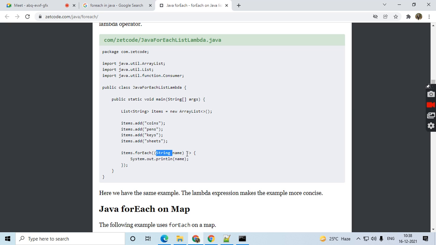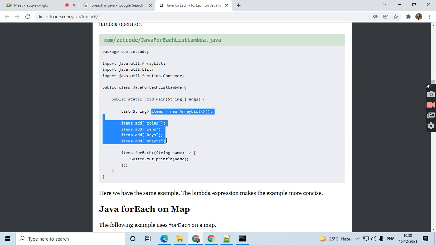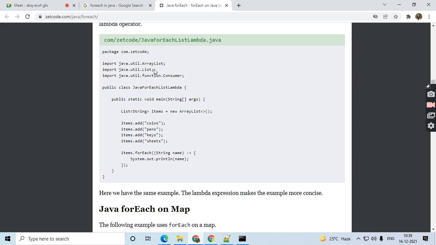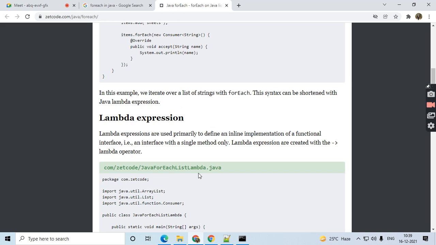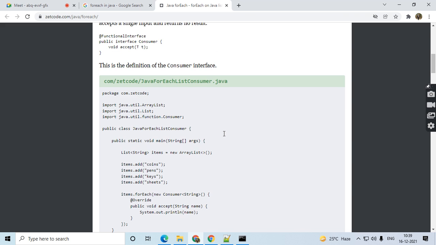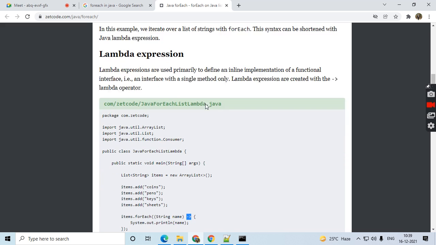We are writing a string name and using this directional symbol. We are trying to print the names in this collection called items. The lambda expression is given by this arrow mark. Lambda expression is used for replacing functional interfaces. Instead of functional interfaces, we can use the lambda expression.